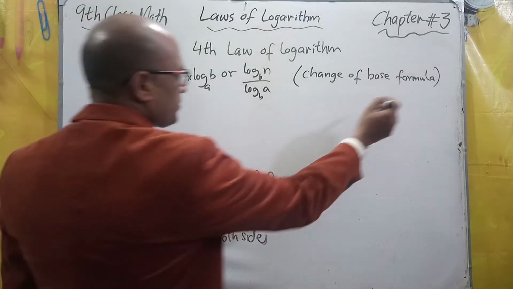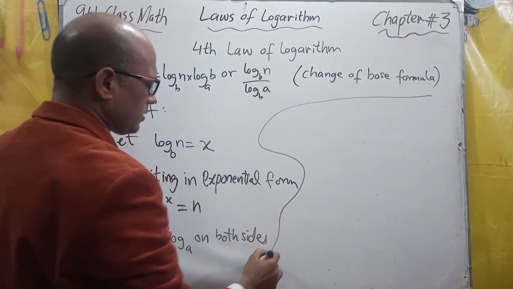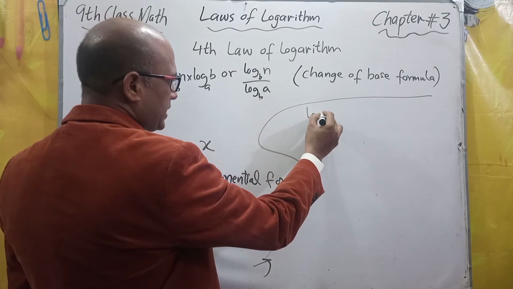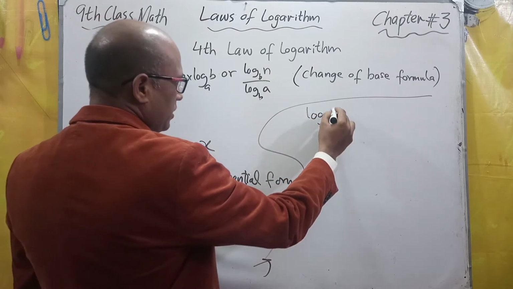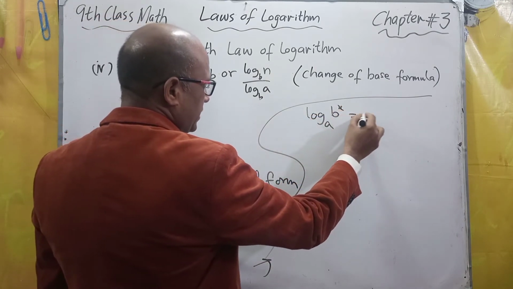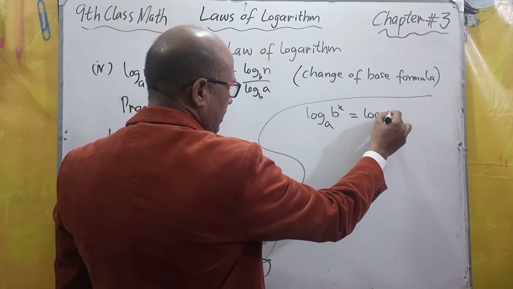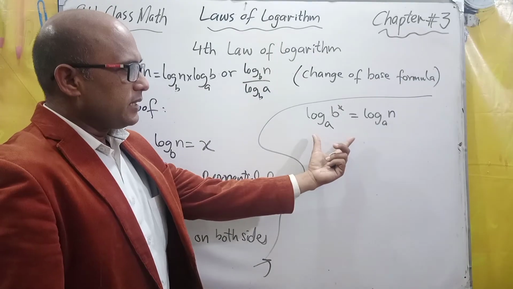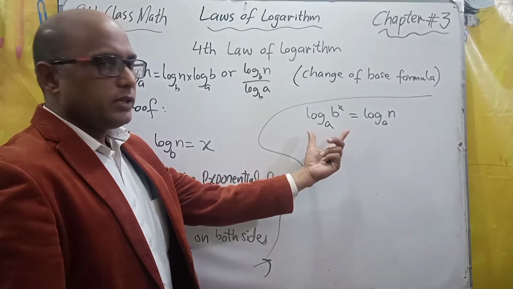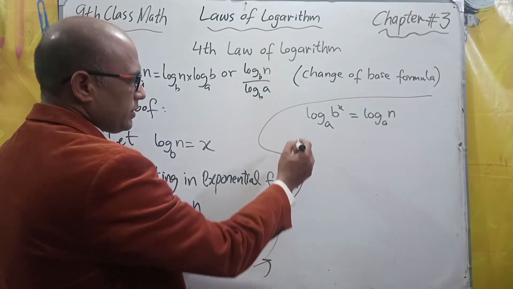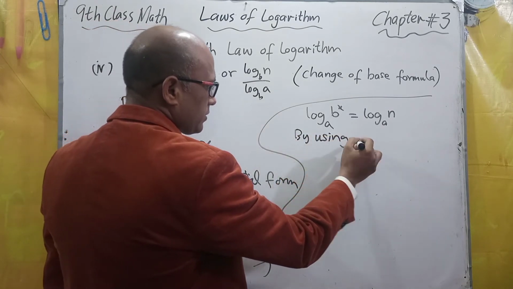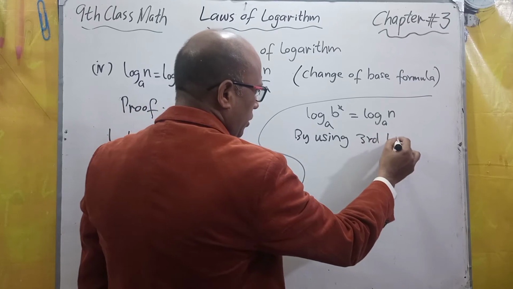Log A of b to the power x is equal to log A of n. Here we'll apply the third law of logarithm. So by using the third law of logarithm,